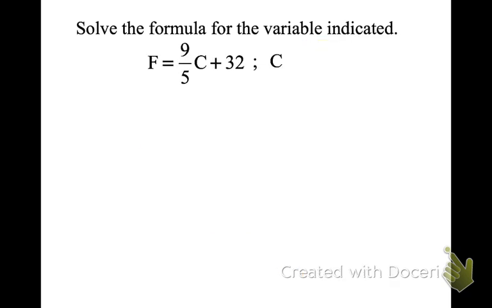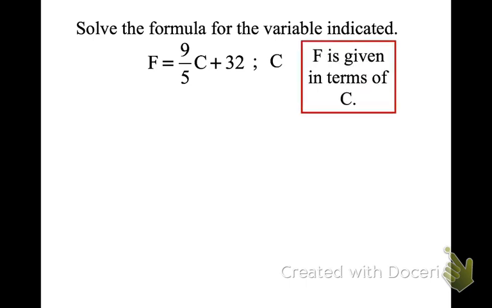Got it? All right. This is very similar to a problem like, well, what do you think we would do first? Annabella? Okay. Let me just show you something. What would you do here? 15 equals 3x plus 2. What would you do here? So we undo our addition and subtraction first. Same thing here. So what do we do? Subtracting the 32. And then